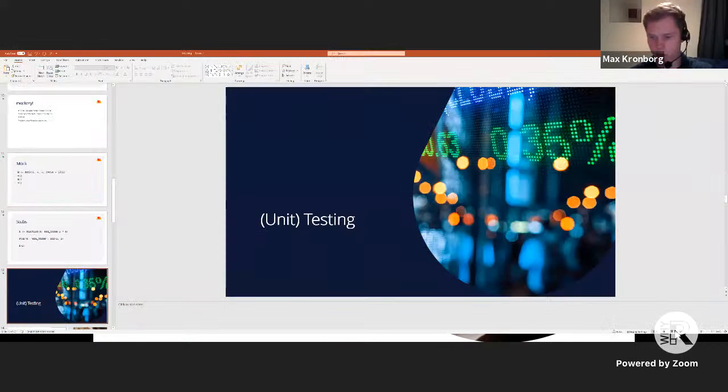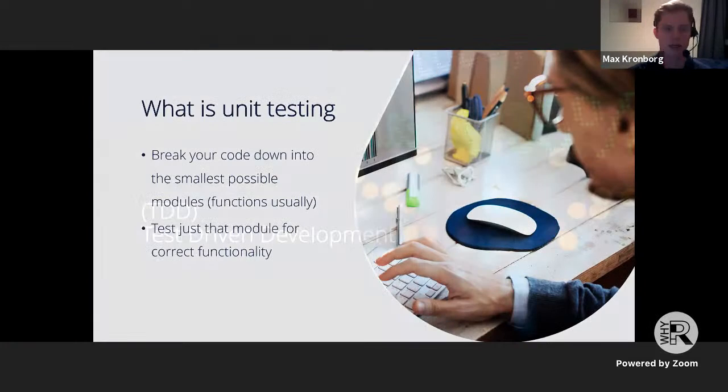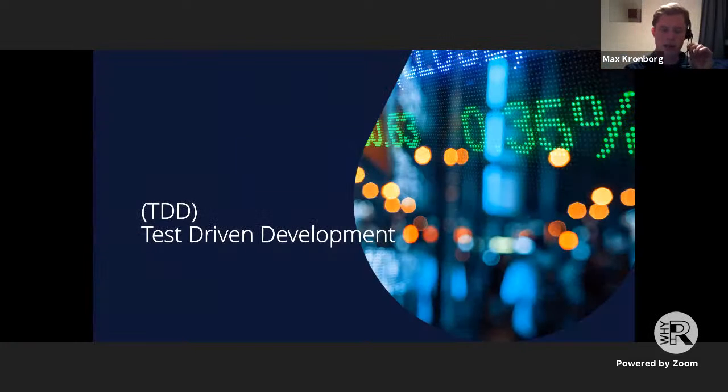If we move on a little bit more, as a component in unit testing or supported by it, you can do what's called test-driven development. That's essentially, well, it says it's driven by tests. So the way you do it is you start by writing the test and then you code to satisfy them. So it's a good way to explicitly work towards the requirements that you have for whatever you're working on.